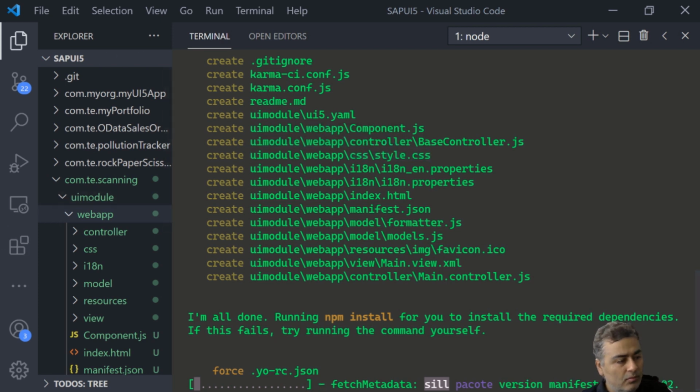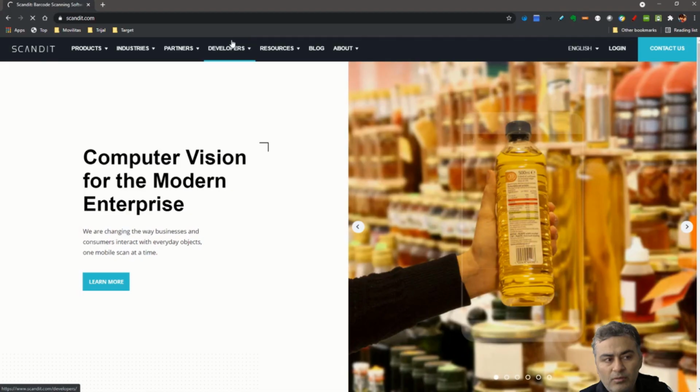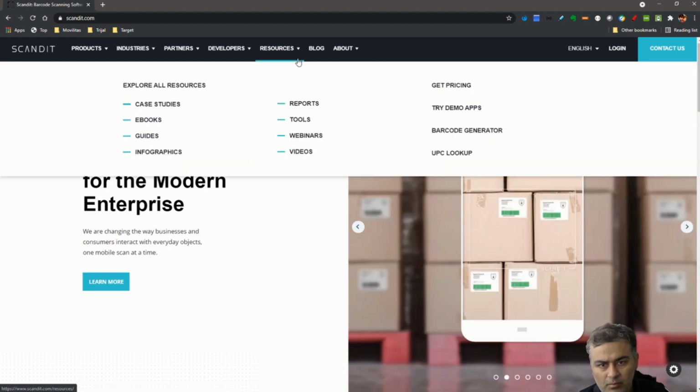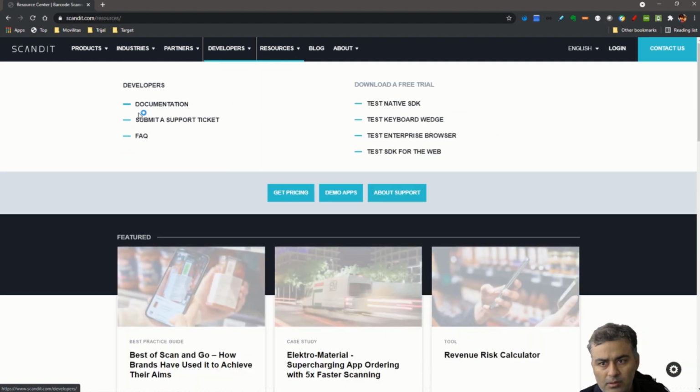So meanwhile, okay, let's first search for what we intend to do. Let me open again the, so here, because what we are trying to do is use a library which is a third-party library in our SAPUI5 app. That is the first thing which we will learn, and then we will see how to scan using the external buttons, right? So if I go to developers, and if I go to documentation,